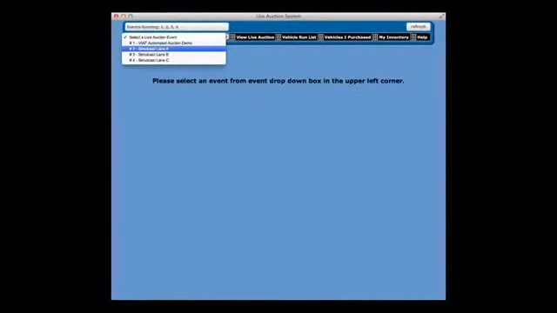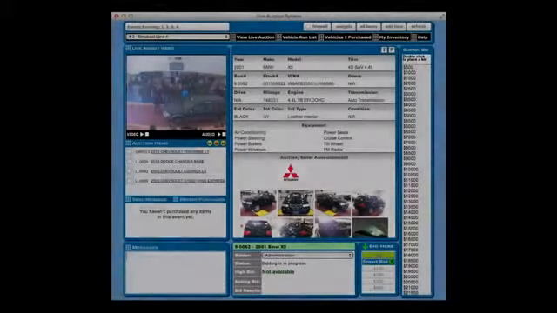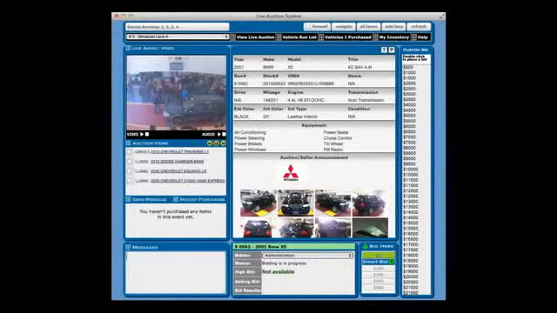With AWG Simulcast, your online experience will be the virtual equivalent to standing in the auction lane. And speaking of lanes, you can start by selecting one from the drop-down. Once you've made your selection, the video will stream through the top left of your screen, and the sound will